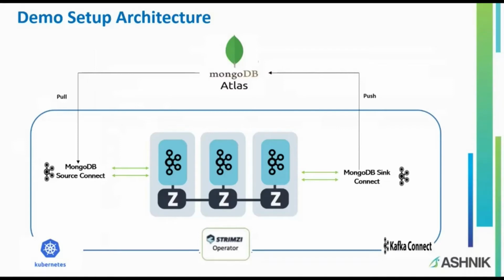Hello everyone. I'm going to show a small demo on a streaming data pipeline with MongoDB and Kafka. In this demo setup, we are using MongoDB Atlas Cloud Database for data processing, and we are using Apache Kafka for event streaming. We have also deployed a Kafka cluster and Zookeeper on containers. There is a Strimzi operator in place to run the Apache Kafka cluster on this Kubernetes environment.